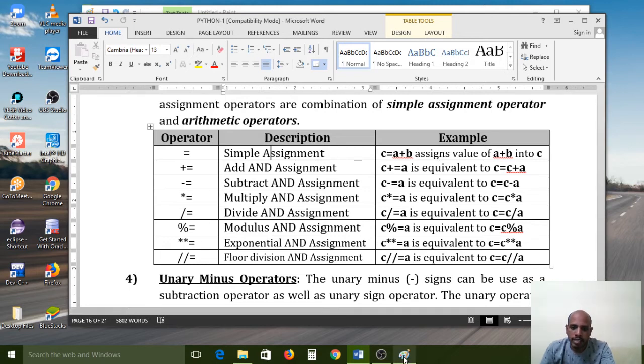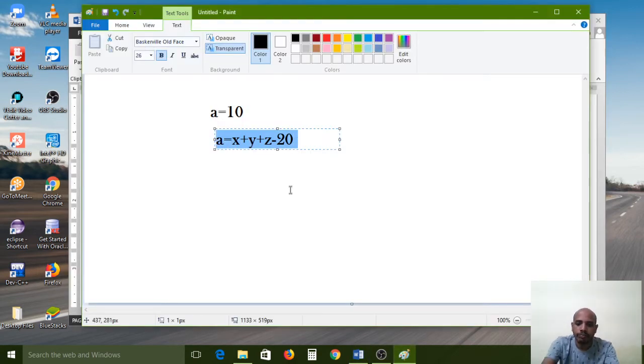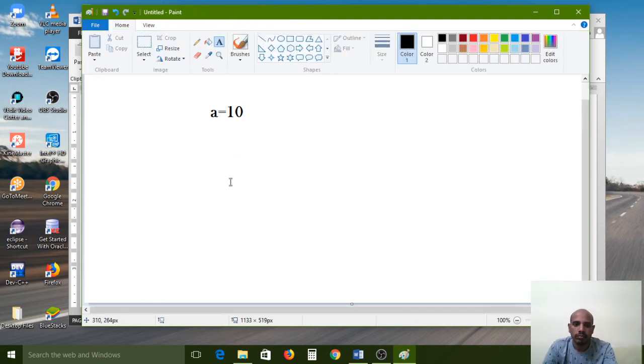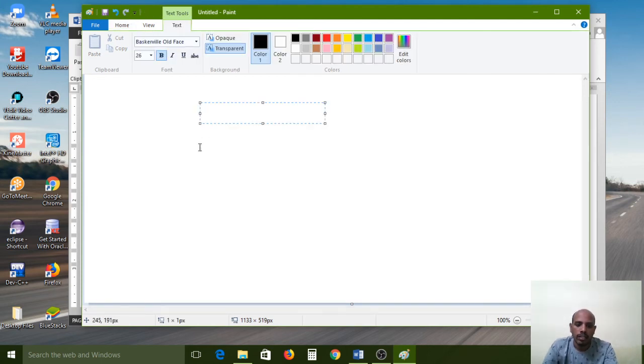Now I am giving an explanation diagrammatically. All of you carefully observe. Now a equal to 10. This is called simple assignment. Now a plus equal to 10. What does it mean?